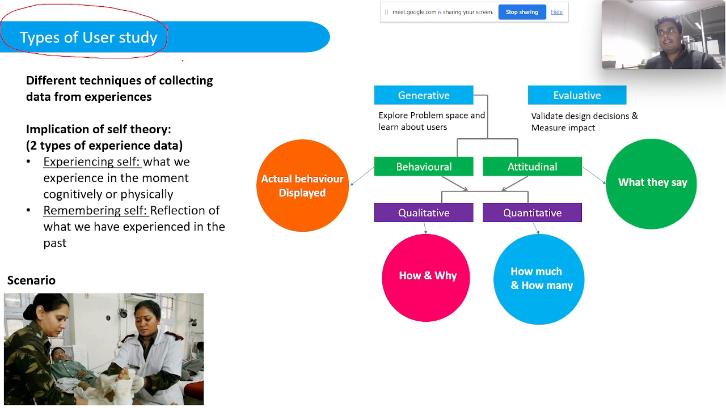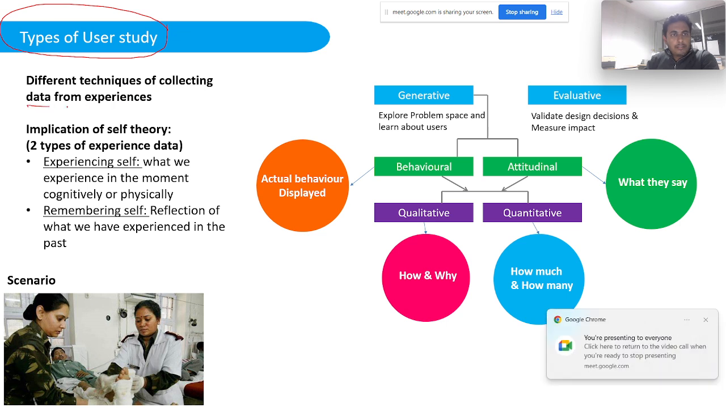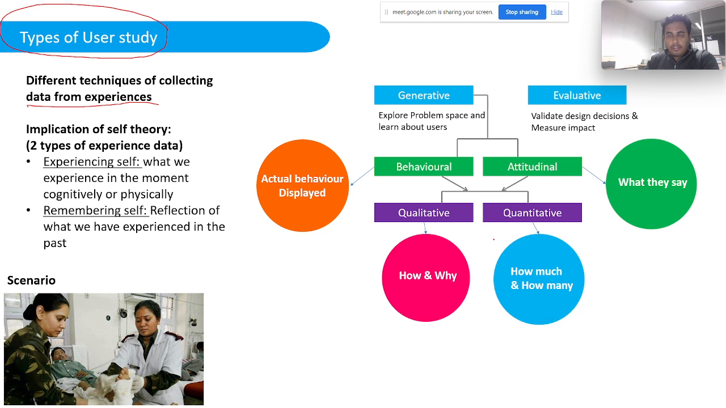But before you go for a user study, you need to know what sort of user study techniques you may require in a particular context. There are different techniques to collect experiences. Basically, the nature of the data we collect from a user study